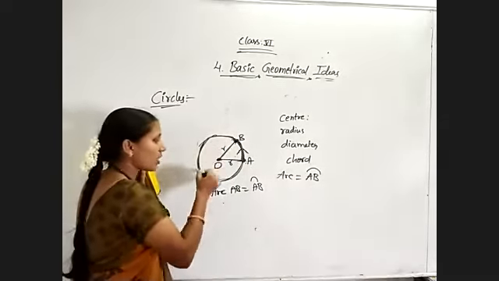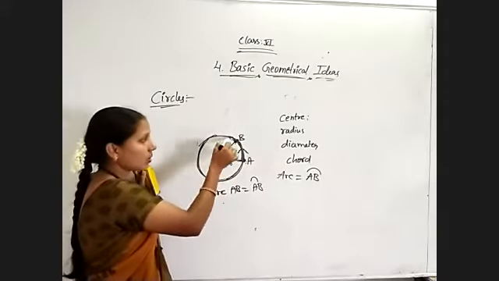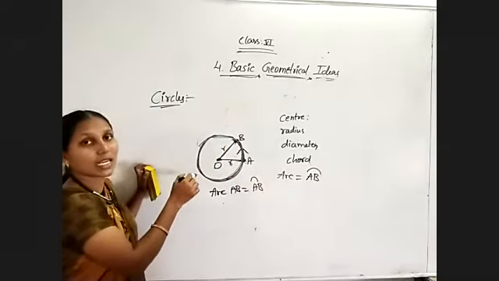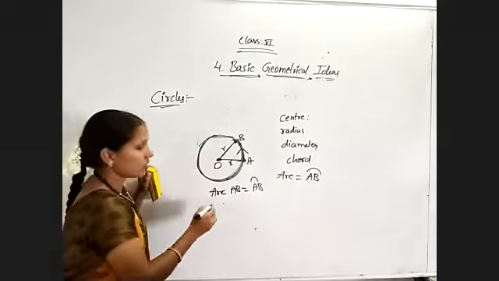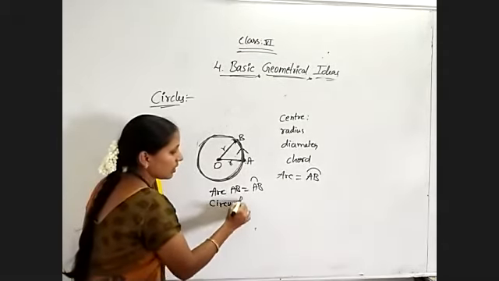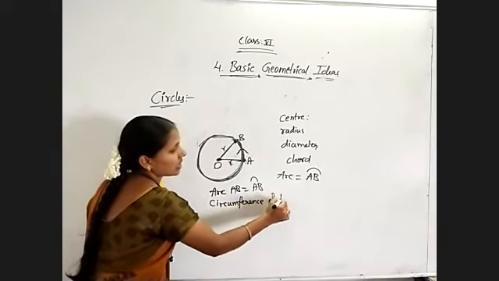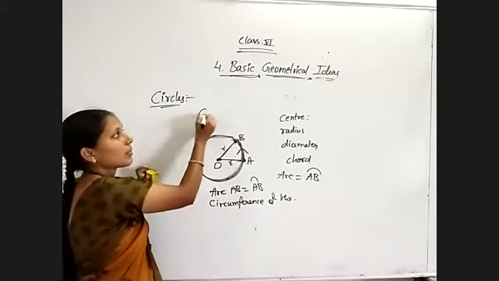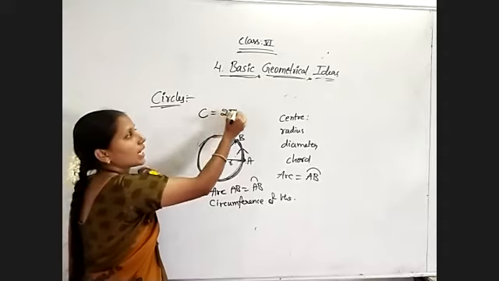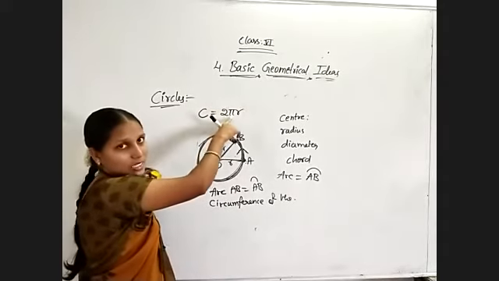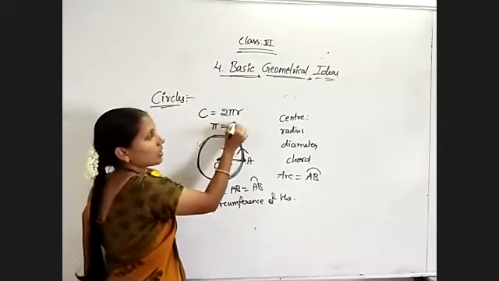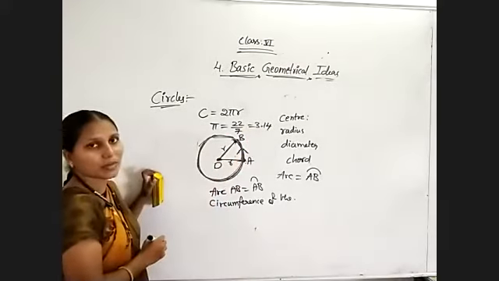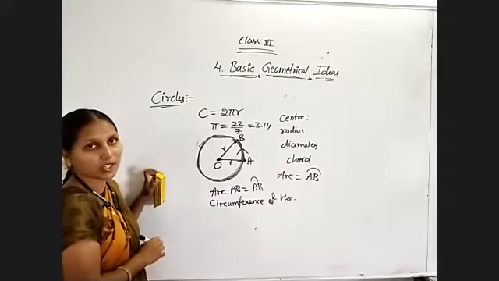Circumference is nothing but the total length. The boundary length of any figure is known as its perimeter. So here the total boundary length of the circle is a curved line, and it is known as the perimeter of the circle, but because it is a circle, it is termed the circumference of the circle. So the circumference of the circle is equal to the total boundary length of the circle, and it is denoted by C. It is given by 2 pi r. Here pi is a constant value, whose value in fractional form is 22/7 and in decimal notation is approximately 3.14, not the exact value.